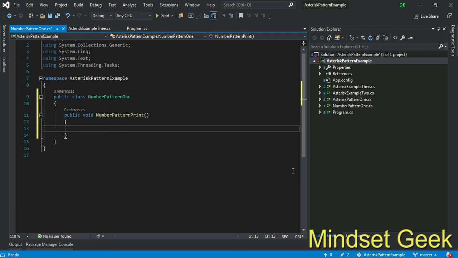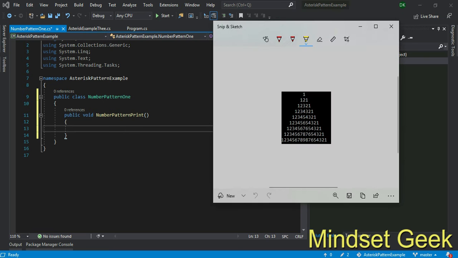Now I want to introduce you to this kind of pattern print. Can you imagine how many for loops you need? First, you need one for loop for decorating all the things, right?